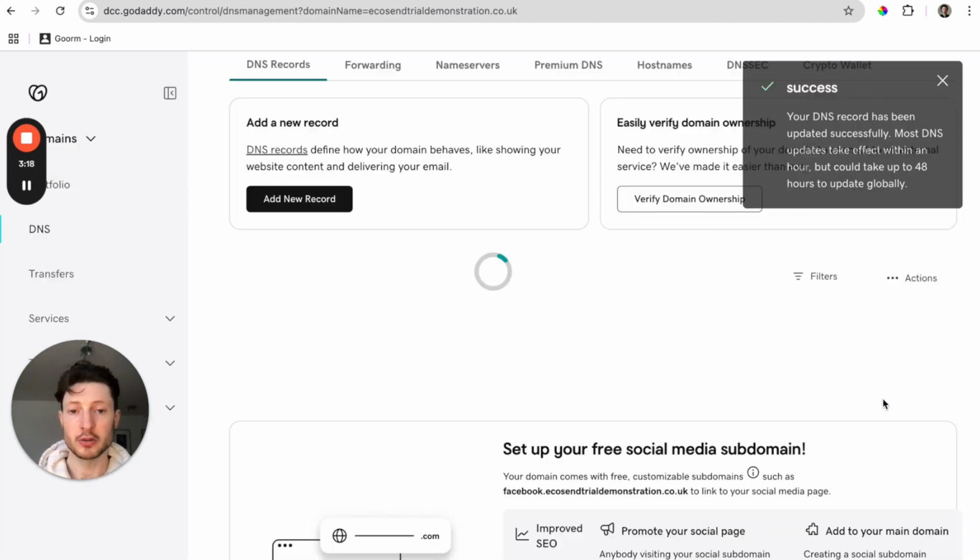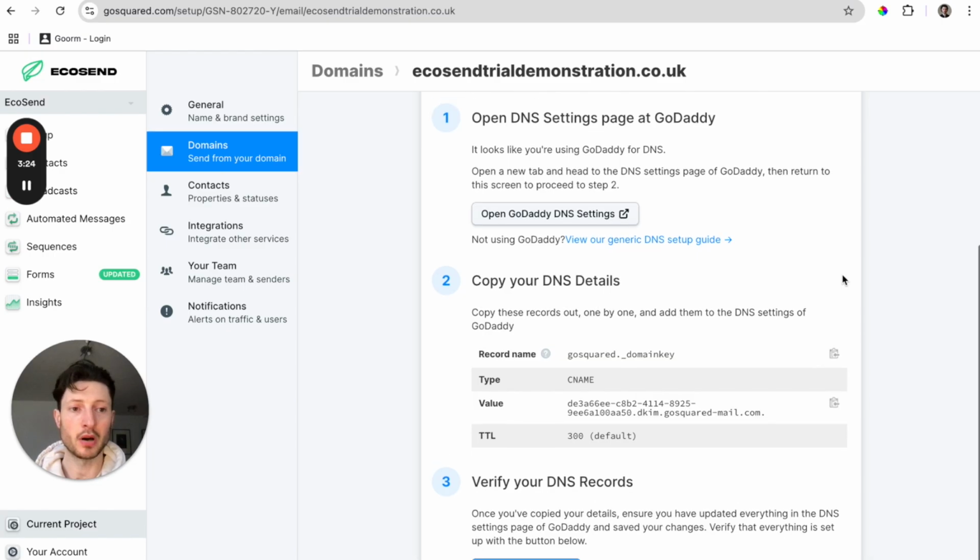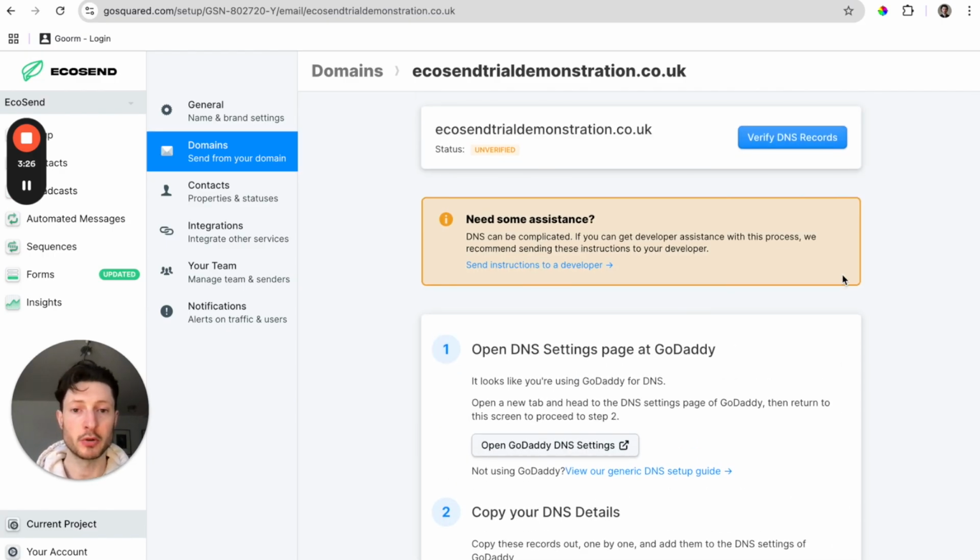Now, all verified domains with EcoSend are automatically authenticated with both SPF and DKIM, essential email authentication protocols, and we also provide additional instructions if you would like to get set up with DMARC authentication as well, which is recommended generally for larger senders. So this may take around half an hour to verify, but once this is done,